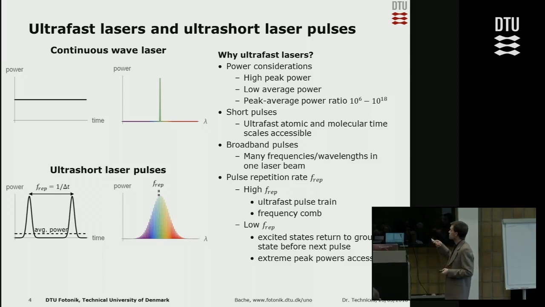We can also play around with the repetition rate. A high repetition rate is useful, for instance, for telecommunication. You want to send many pulses per second through the fiber. It can also be very useful to play around with the repetition rate to have these very fine comb lines in the spectrum. On the other hand, if you do ultra-fast spectroscopy, which is something we do in our group as well,